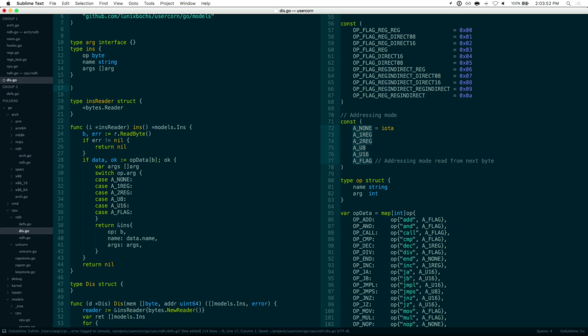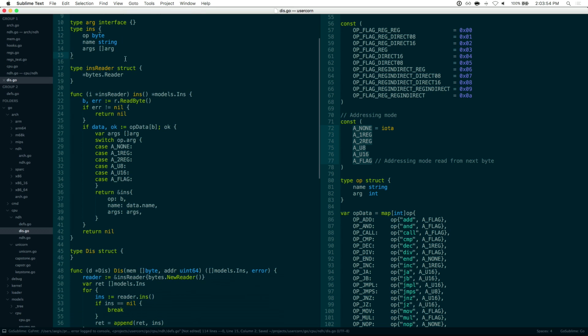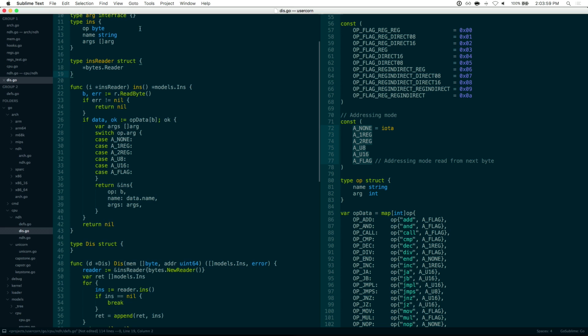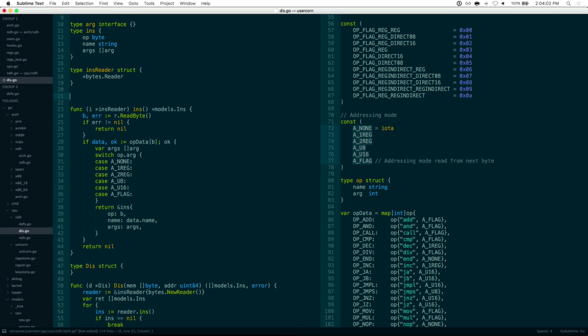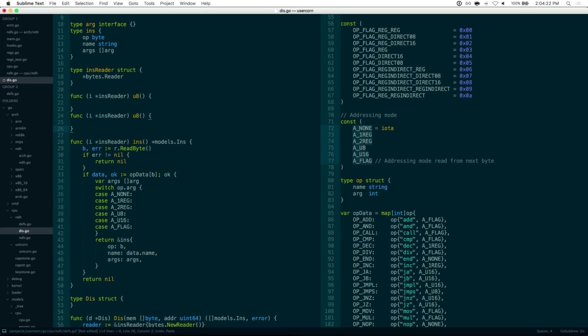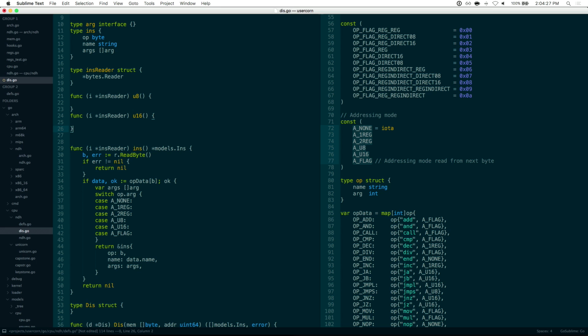And I'm going to make a switch: none, 1 reg, 2 reg, etc. Okay, I'm going to make types for each of these. This is where I'm realizing I really should have pre-written some of these functions and said I'm going to do this and then just paste them. So U8 is going to return each of these things. So we need a U8, we need a U16, we need a reg,